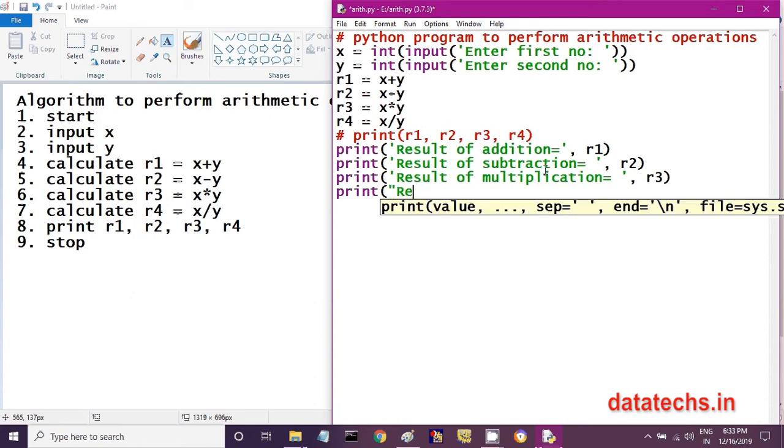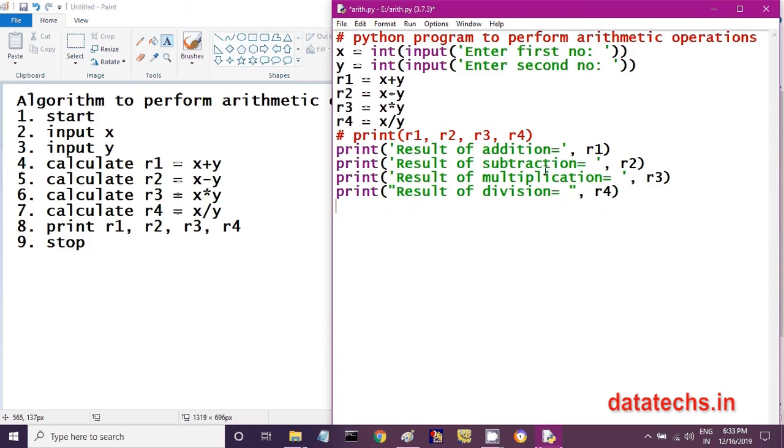Print result of division is equal to comma R4. So this is a way you can write several statements. Please remember, if you start the string with a single quote, you have to end it with single quote. But if you start it with a double quote, you have to write a double quote at the end also. That is what I have done.